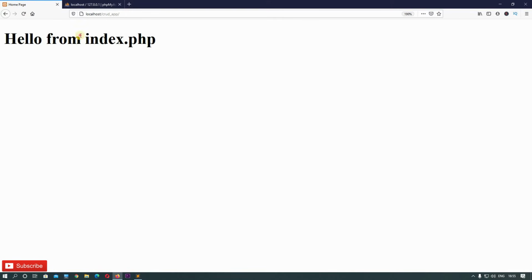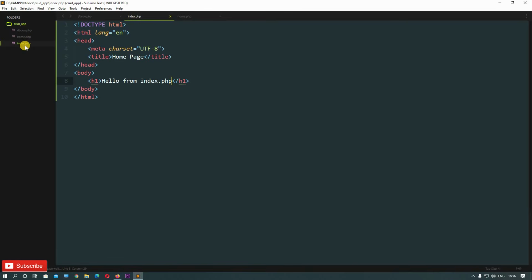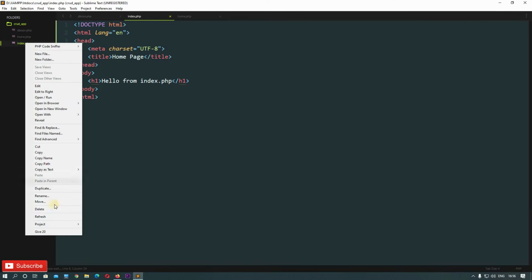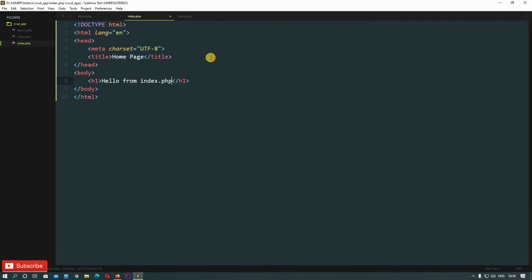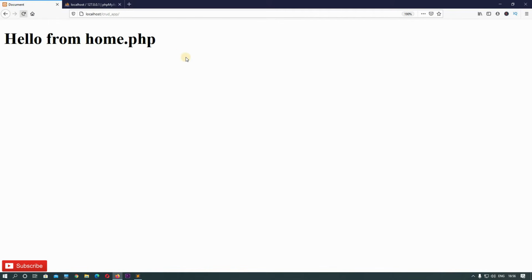So here we can see that the index.php file has opened. In the URL you can't see anything, you're just seeing the localhost and the folder directory, but here you can see the index.php file is getting displayed. But now if I delete the index.php file, okay, I've deleted that file, and now come here and hit refresh. So now you can see we are displaying the home.php file, guys. But in the URL you see that nothing is mentioned right now also. So PHP is on its own opening the home.php file.